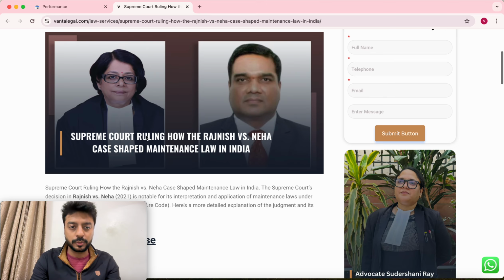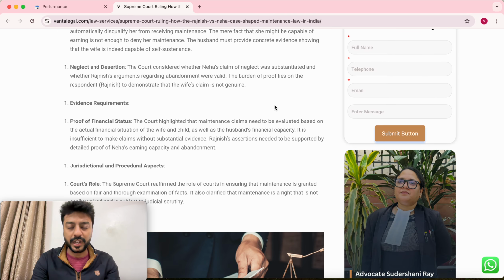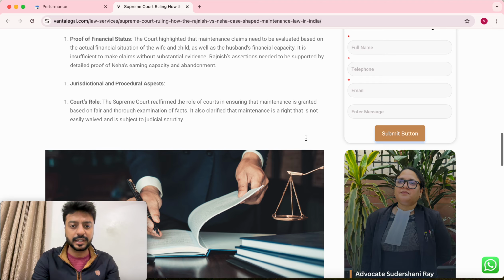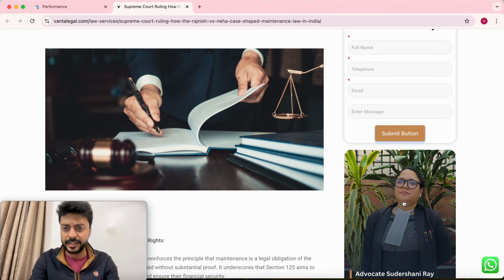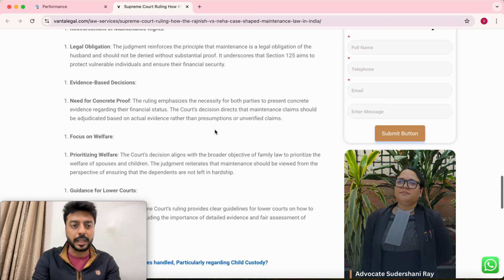So for example, you say, Supreme Court ruling: how Rajni versus Neha shaped maintenance law in India. After that, I can add some banners where I can collect data, or showcase that my client is an expert in handling such types of cases, and if you have a similar problem or you're looking for a similar kind of lawyer, then we are the ones who can help you out from coming